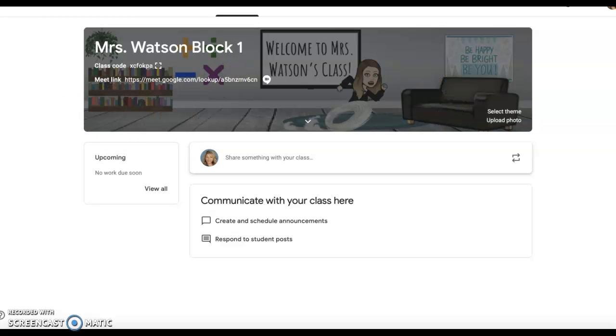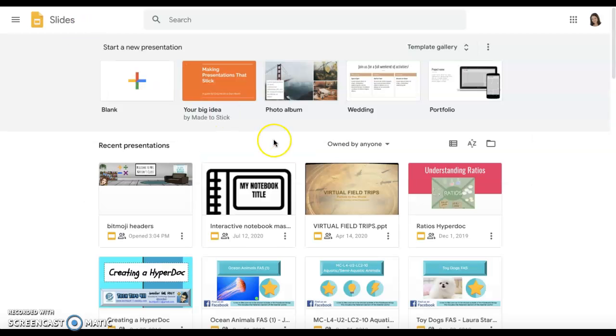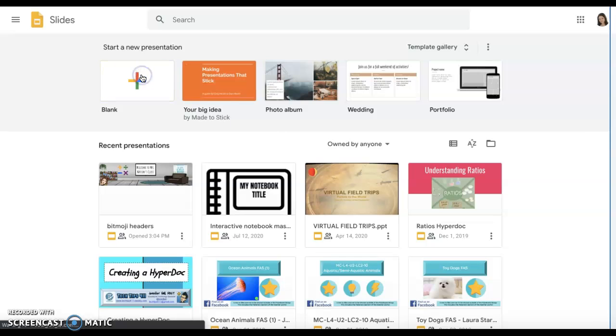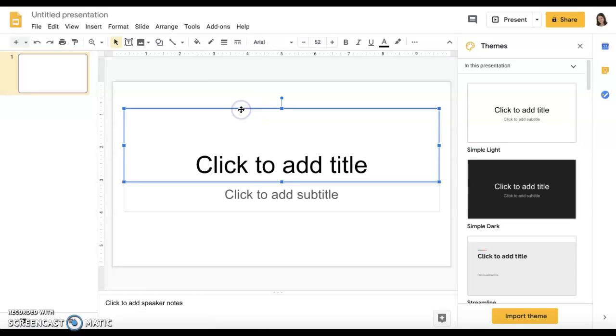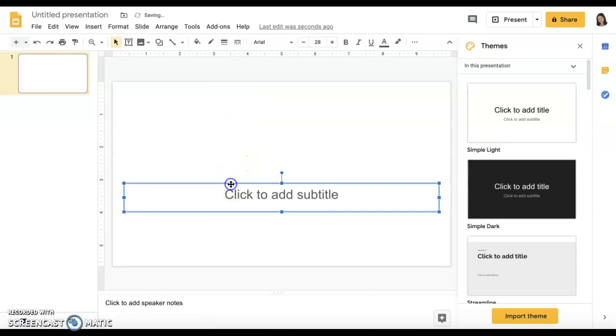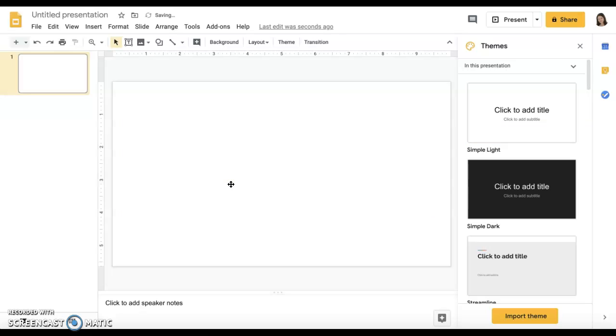It's going to be a bit of a workaround to make this happen because your district probably will not let you get the Chrome extension. So you need to use a different Gmail account instead of your school account. Okay. So I'm logged in here to my personal account and I'm going to go to Google Slides and open a blank document. Go ahead and delete the title and the subtitle just like you do for a regular Bitmoji